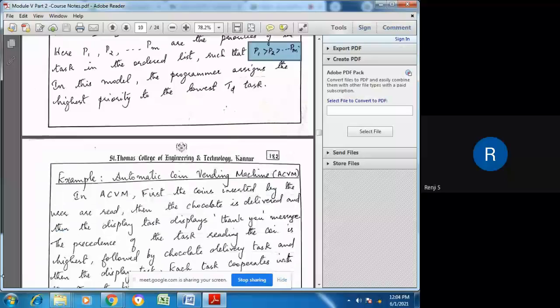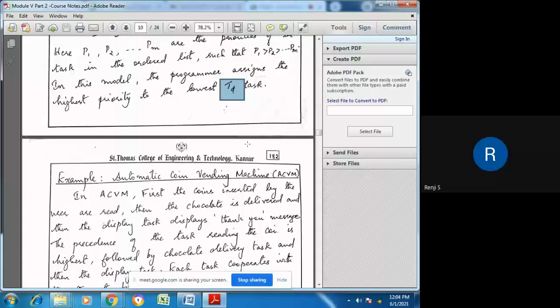So in this model, the programmer should assign the highest priority to the task that has the lowest deadline. TD is the task deadline. TD represents the deadline for completing the task. When the priority is assigned for each task, the task that has the lowest deadline, meaning the task that should be completed immediately, should be given the highest priority.